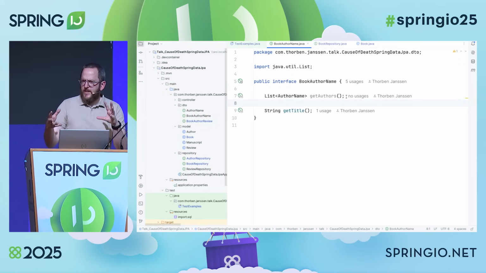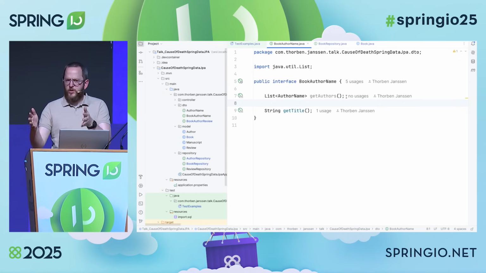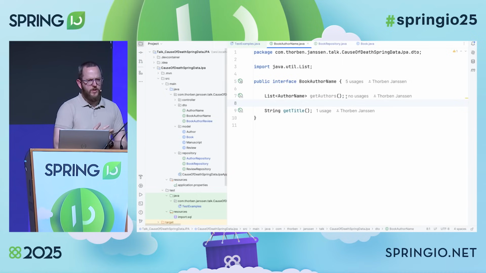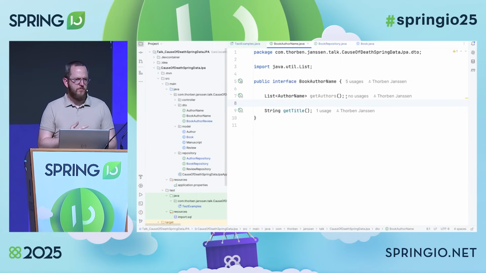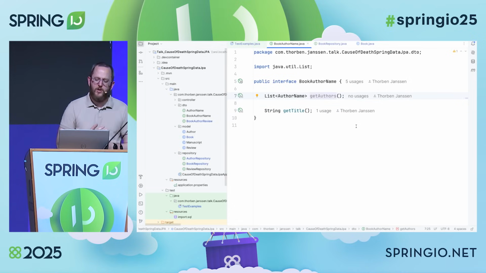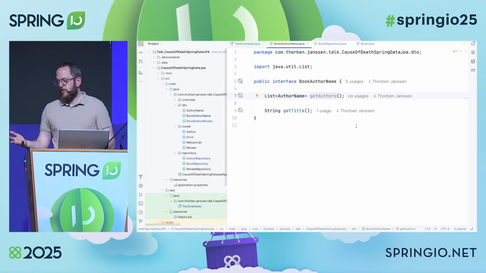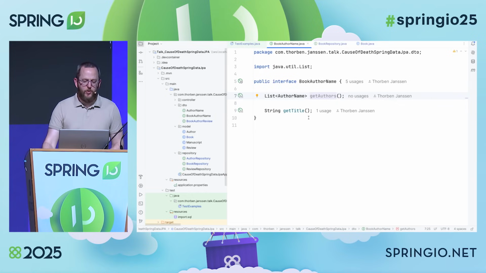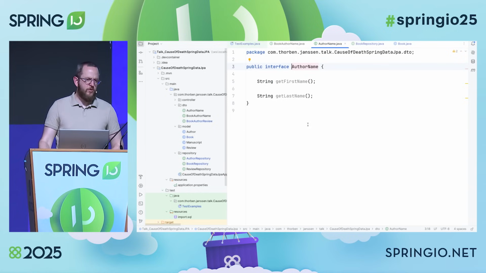But usually it's a flat data structure. So we're mapping one record in the result set to one DTO object. And what we quite often would like to have is something like this, where we have a getter for the authors relationship, and there we get back a list of author names because we know that we don't need the entire author object, we just need a first name and last name, right?